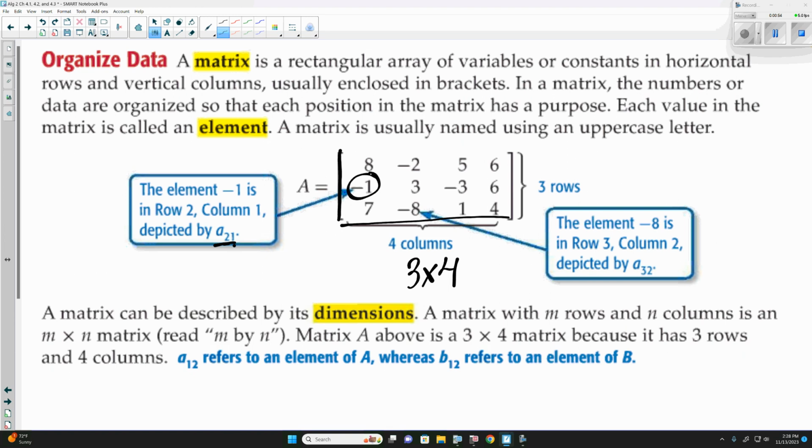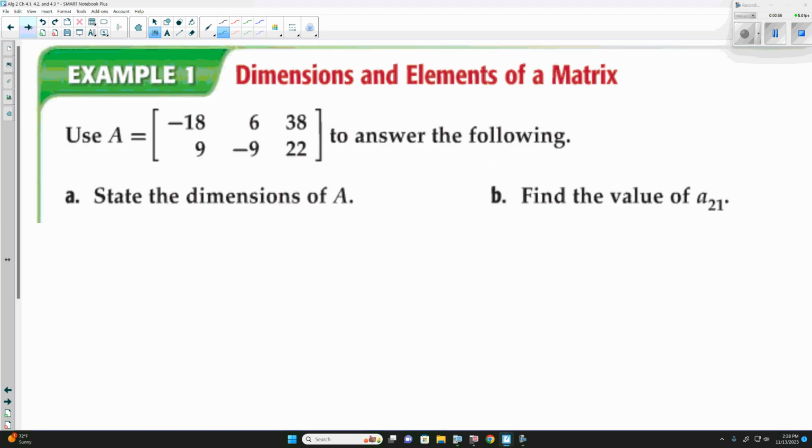That's it. So if we look at the first one here, A, and we want to say the dimensions of A, the dimensions would be 2 by 3. 2 rows, 3 columns. And if we want to find the value of element a 2, 1, so element a 2, 1 is in the second row, first column, which is,